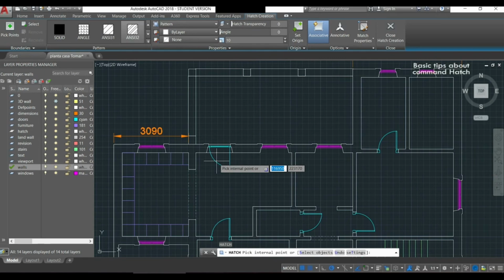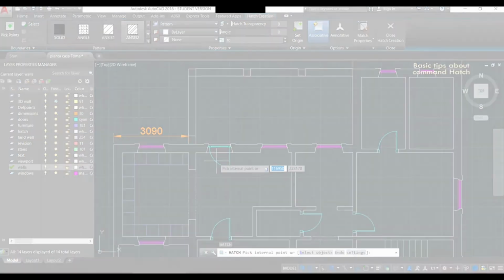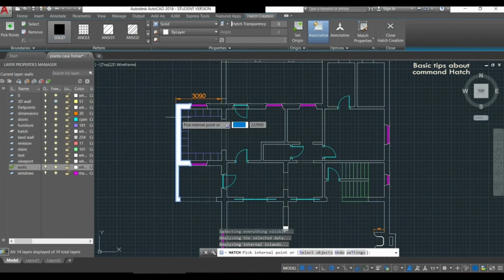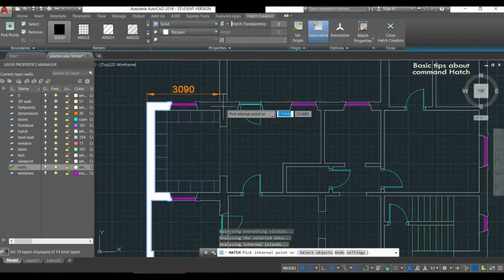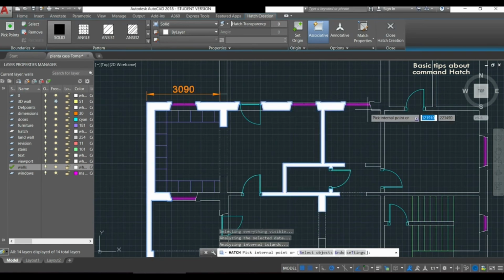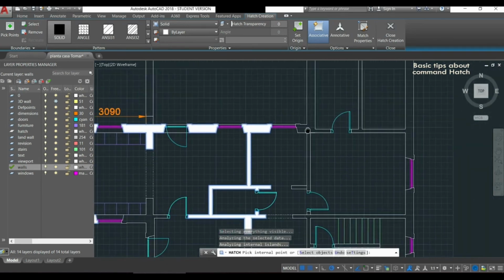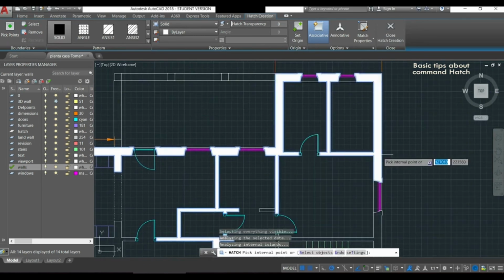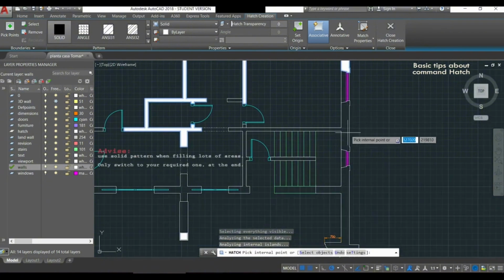Now I type a name for the special layer for the hatch command, for example, just hatch. Then if I activate the hatch command, I can see the new layer appearing in the list. From now on, every time I use the hatch command, the objects go automatically to that layer.